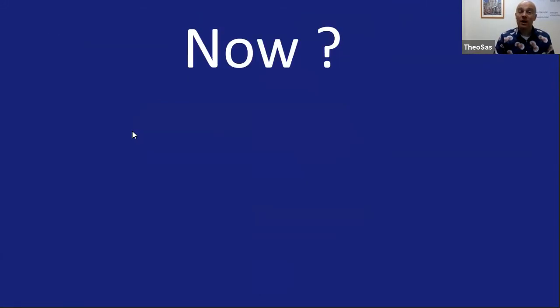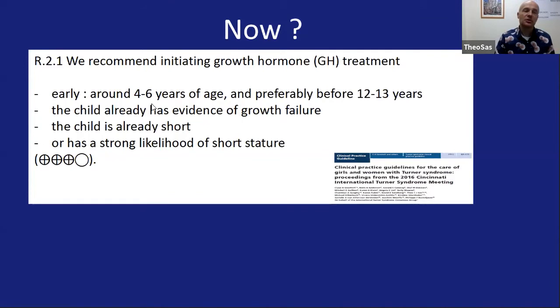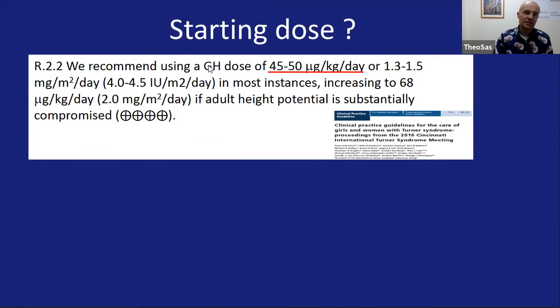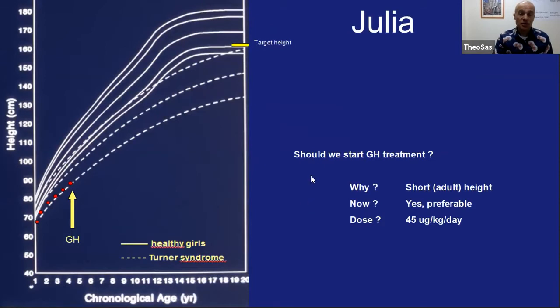So do we start now? She's 4 years of age, this girl. Yes, it's a good age to start, particularly because you would like to have a long period, years, that she can catch up growth and that she can grow further. So that's a good age to start. The starting dose, in the Netherlands at least, is almost double compared to the growth hormone deficient patient, where we give in general a little bit lower dose. But this dose seems to work and not the lower dose. So Julia started with growth hormone treatment in this dose.